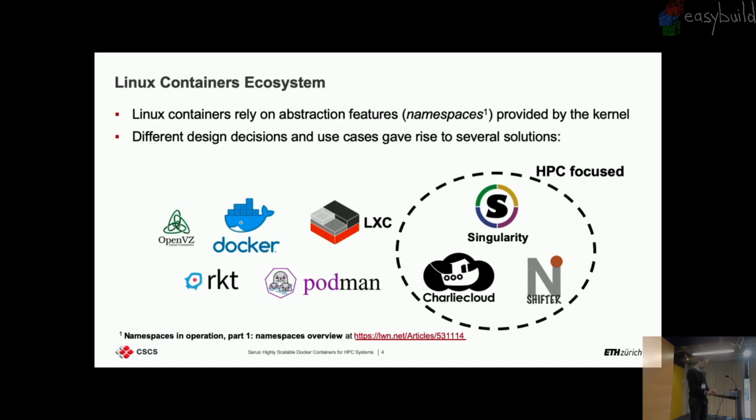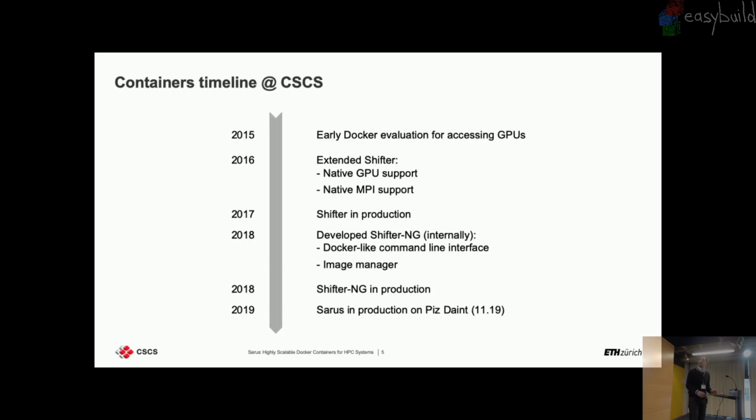Now, in the Linux ecosystem, there are some of the tools that were already available in the market when the Sarus project started at CSCS. And, well, the most famous is Docker, which is not really meant for HPC, and HPC-focused solutions are highlighted in the cloud on the right side. So at CSCS, we had some experience with Shifter. We also have the possibility to use Singularity on our system,